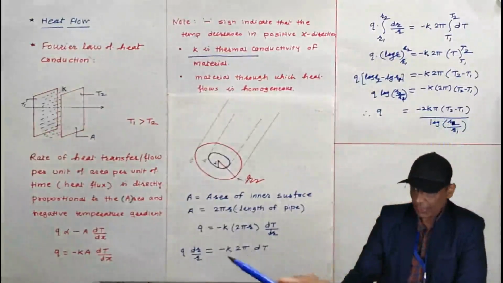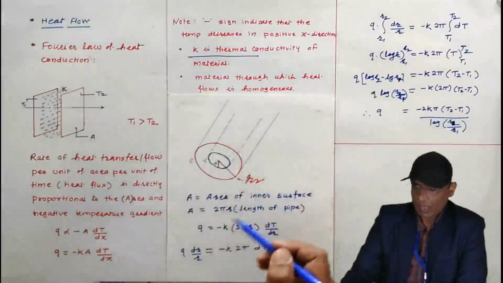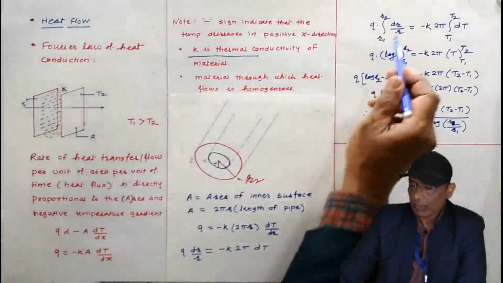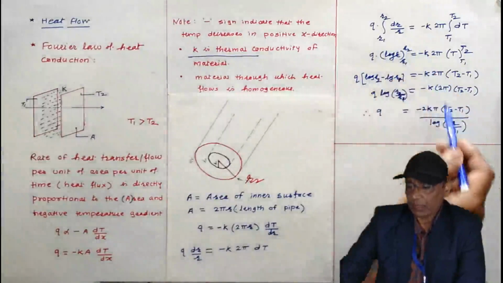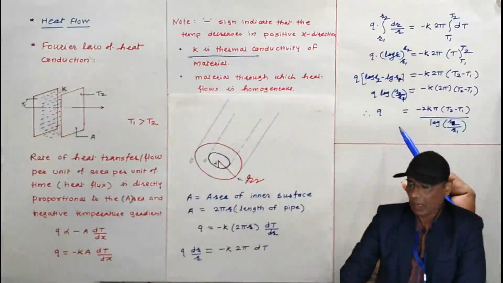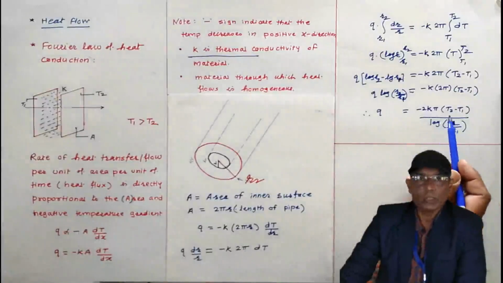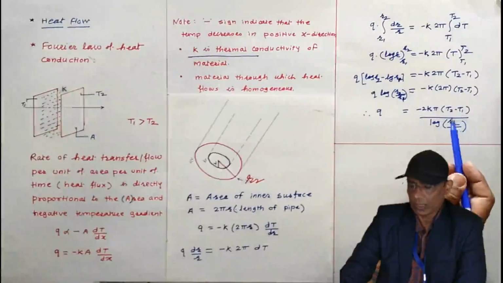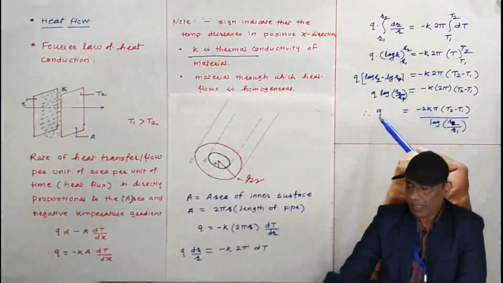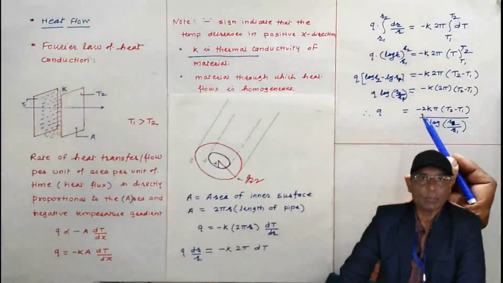But in the examination, if the problem is asked, then you have to repeat up to this. You have to repeat this much part in the examination, and then finally put the values of R1, R2, T1 and T2. In the examination you have to present it, but while solving the problem I will be writing this equation directly and I will be solving the problem.